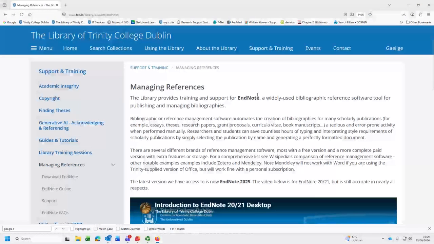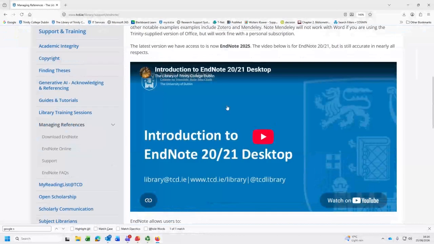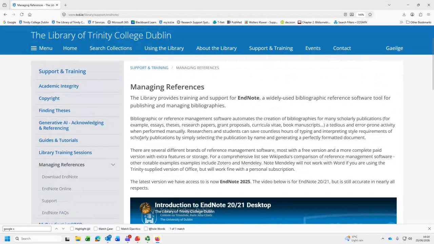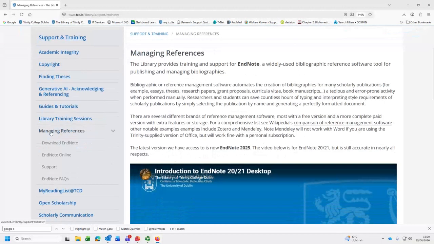Takes me in. So the first bit is just a bit of blurb about what your reference manager does. There's a recording of a previous EndNote session, and hopefully we'll update it with this one. But more importantly, here we're concerned with how we can download. And if you have a look at the left hand side, you'll see the option to download EndNote. And if we click on it,